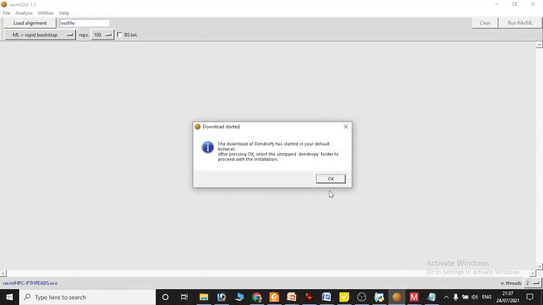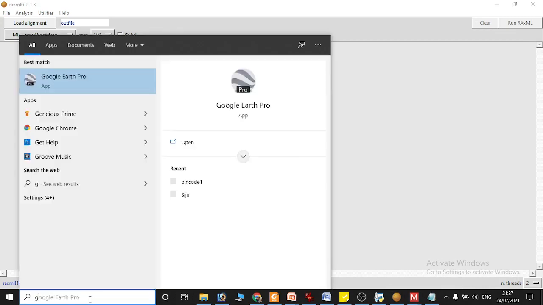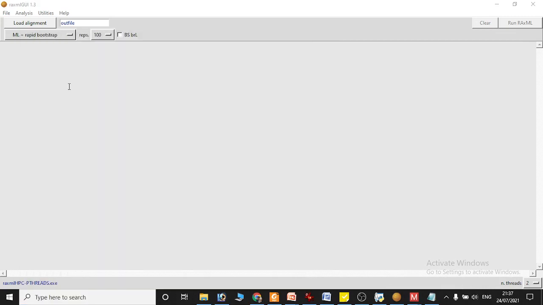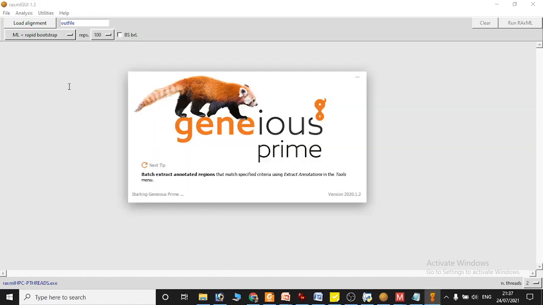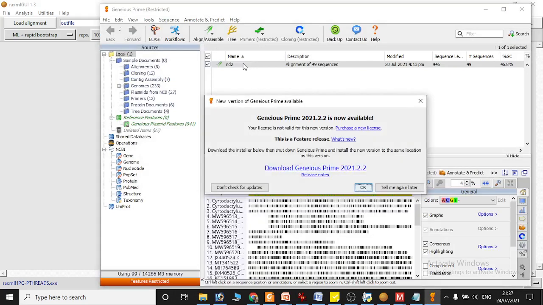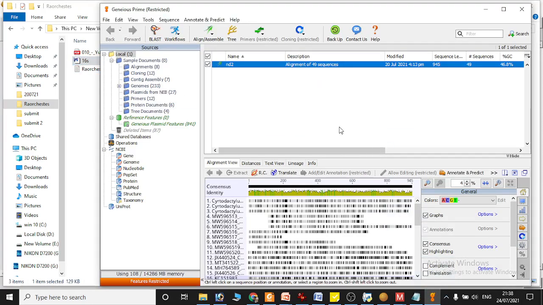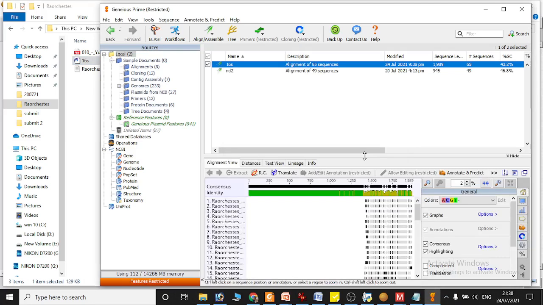So I'll not do anything with this right now. There is a software that is free of cost. The whole program is not free, but you can do this stuff for free. I have expired my trial version, but that is fine. So I'll delete whatever I had, and I'll drag this FASTA file to this window. This is the previous sequence, and this is the Rochester sequence.